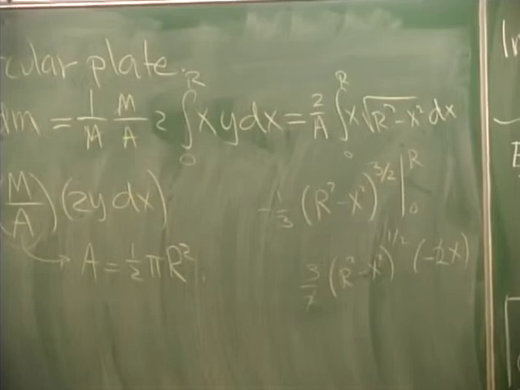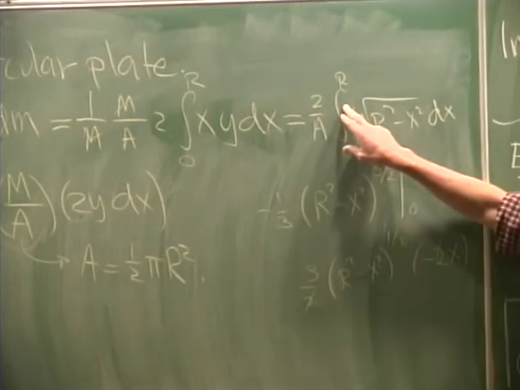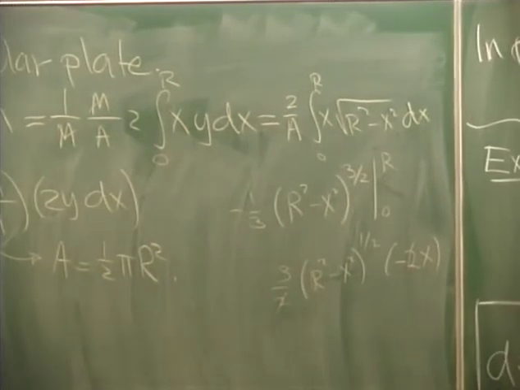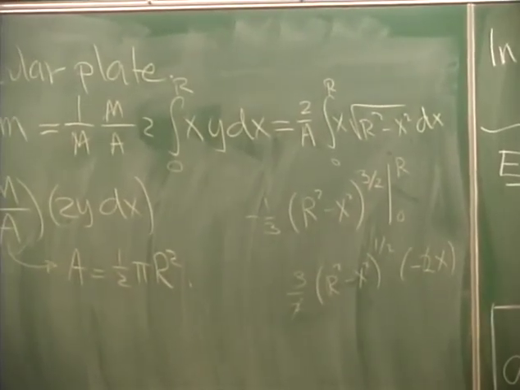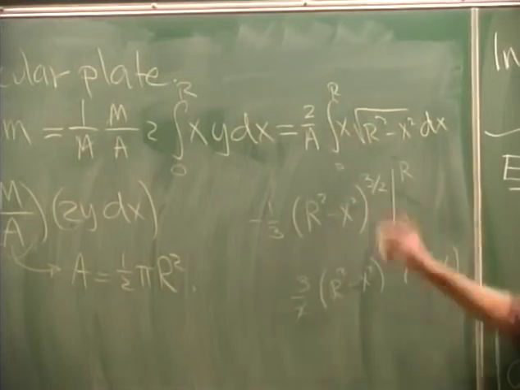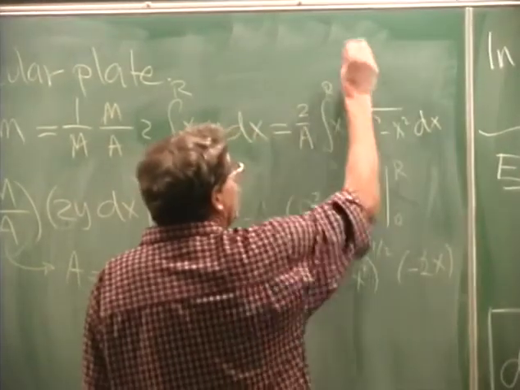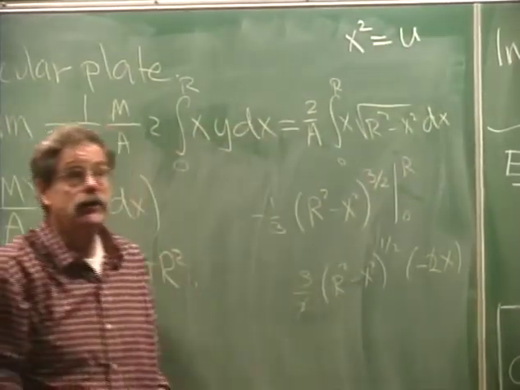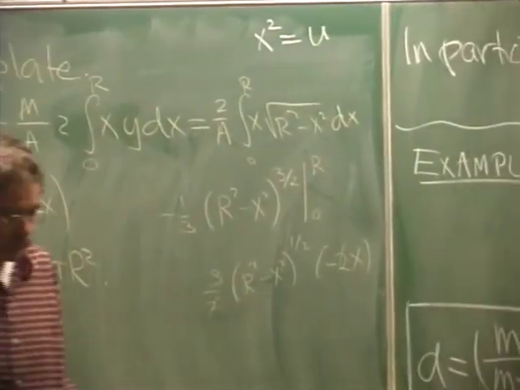Absolutely. By the way, if this x had not been there, and you just had the square root of R squared minus x squared, that's a 10 times worse integral to do, a tougher integral. So Herb's notion is let x squared equal u, for instance, and change variables. Or even better, R